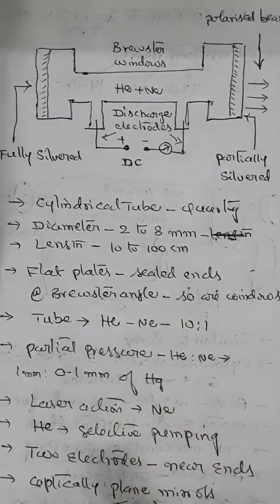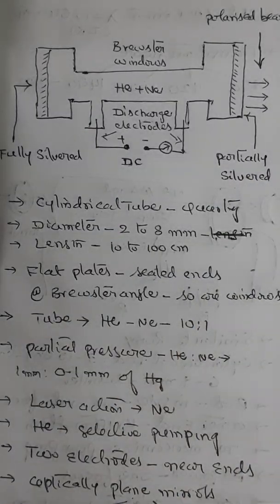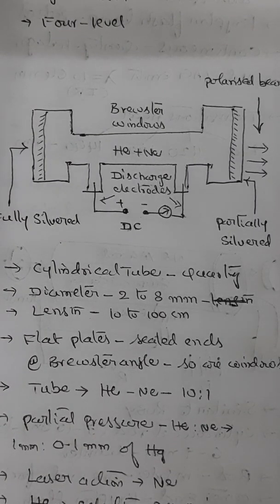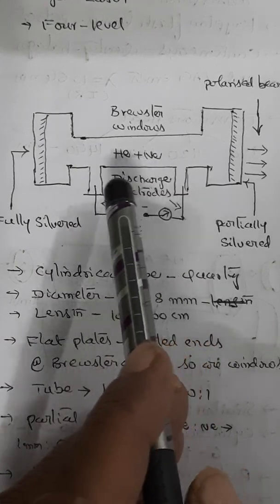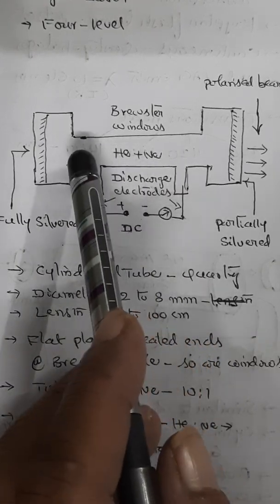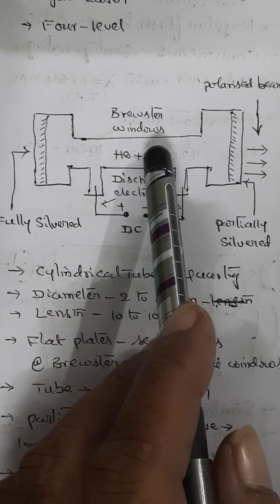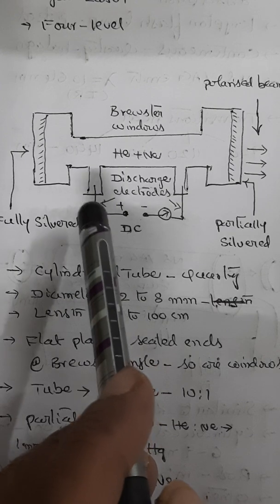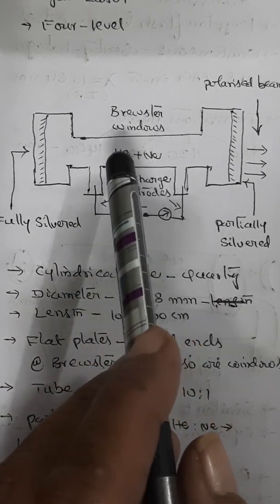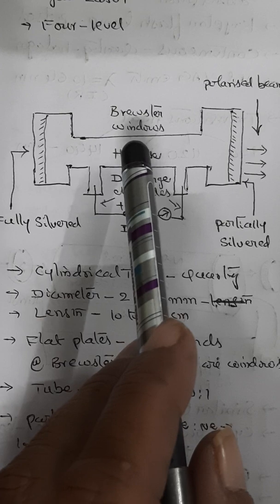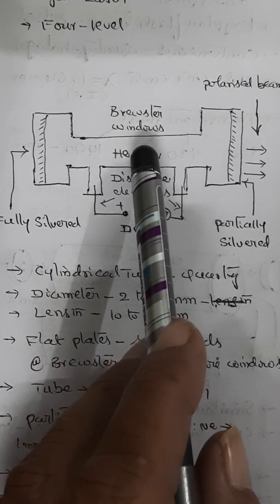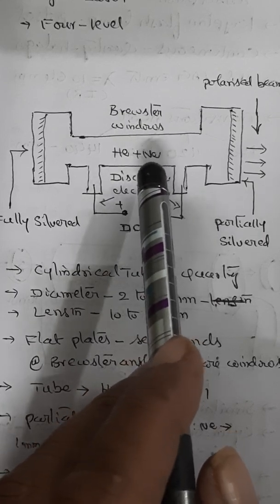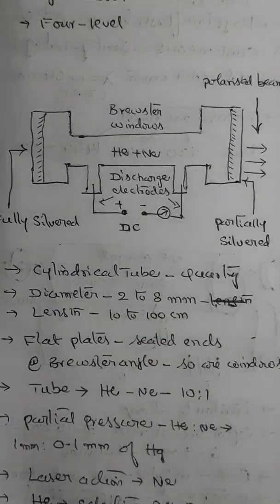Now, when you talk about its working, when a voltage of about 1000 volts is applied between the electrodes, then electrical discharge takes place through the gas in the tube. The free electrons accelerate towards the positive electrode. In that journey, some of these electrons collide with the majority helium gas atoms in the tube. When a fast moving electron collides with the ground state helium atom, then the helium atoms are pumped up. Let us see how.